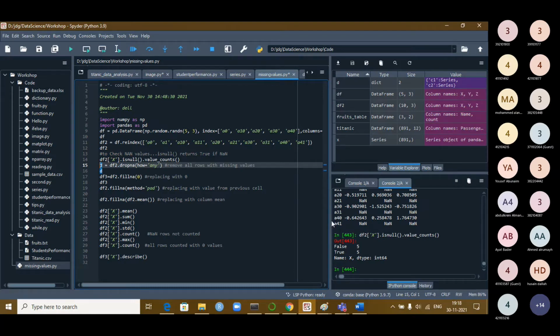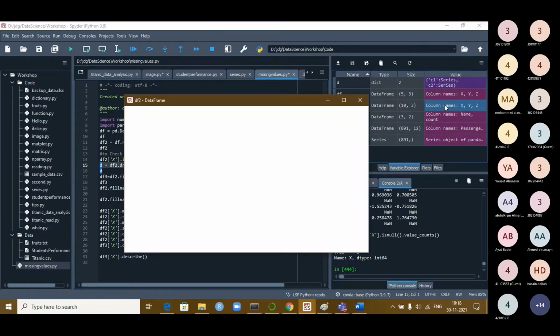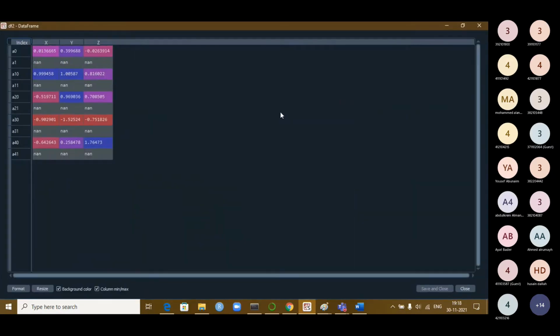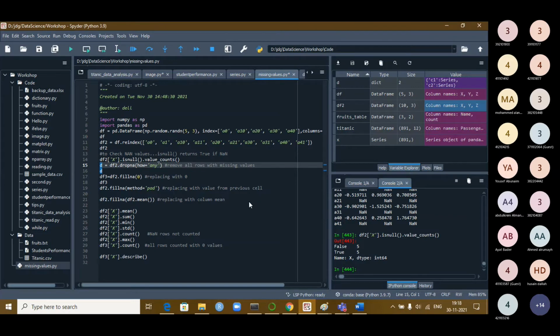So let us see in the data frame whatever you have done. Let us say this is your data frame df2. Let us try to click it. Okay, it is available here. Let us try to change some value here, 0.31, save and close the data frame. Okay, I have closed it in the memory now. Now let us try to run again. Same thing, and try to execute it.